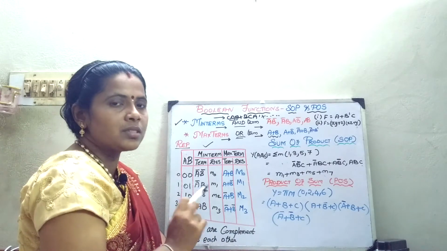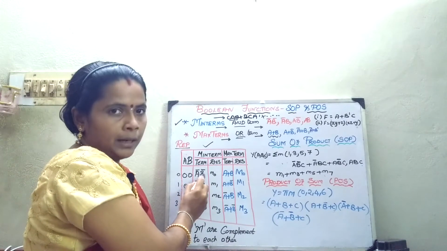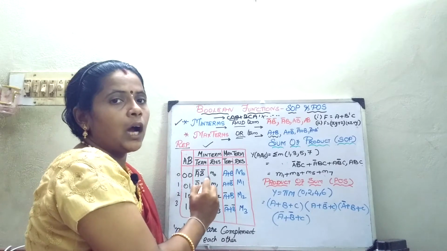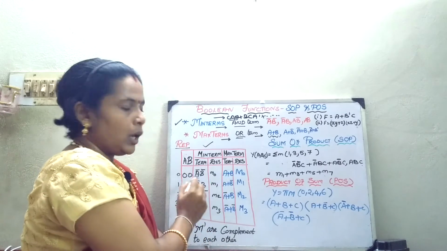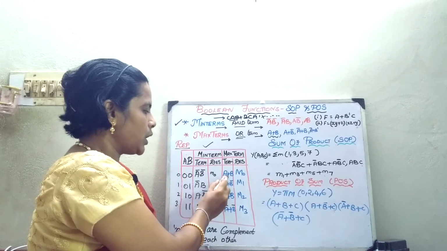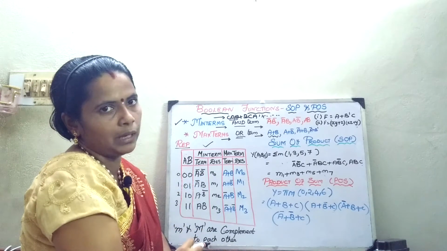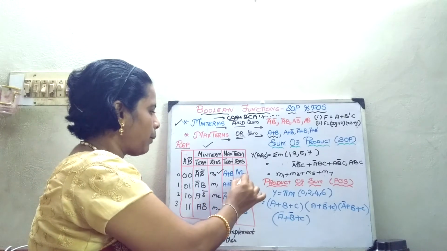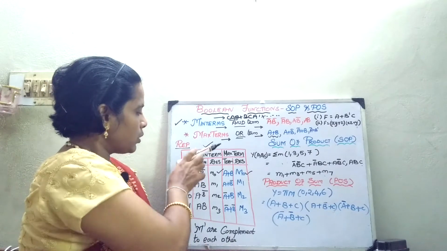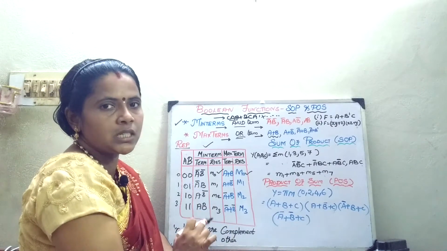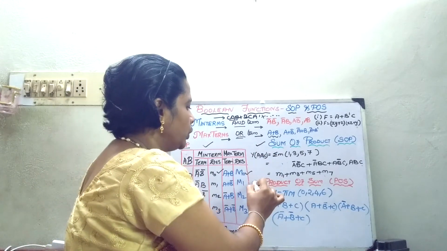If you could see, when I say just take the variable alone, it is A bar into B bar. So when I say how to write it in the dual form, it is nothing but A plus B. Wherever the multiplication symbol is there, I am changing it to plus. Wherever the complemented form is there, I am writing it in normal form. Thus, both these min terms and max terms are going to be complements of each other. So this is the thing you should know, how you are going to represent your min term and your max term.